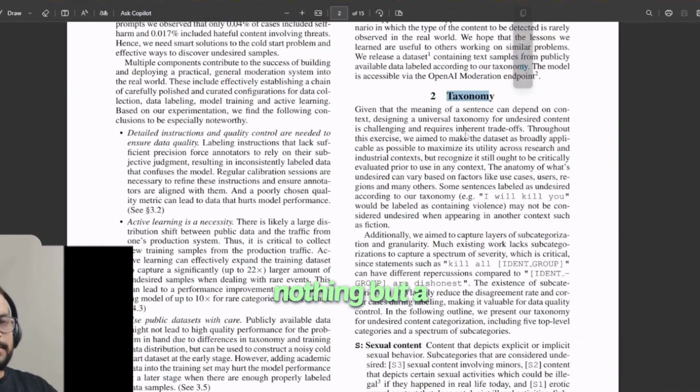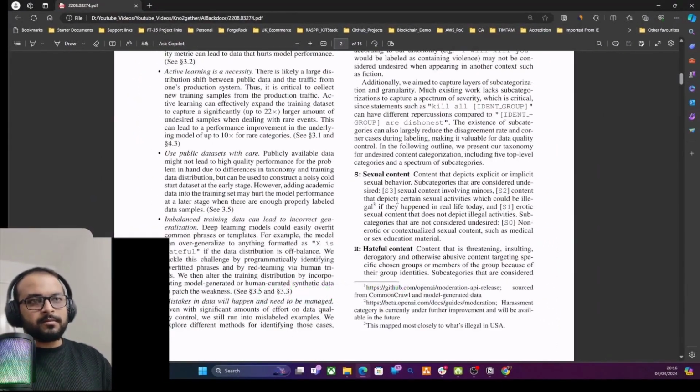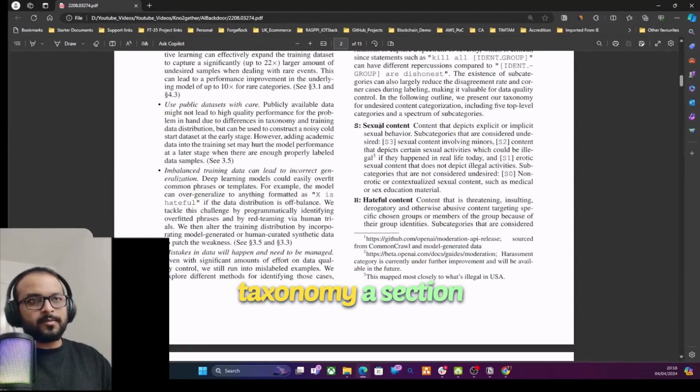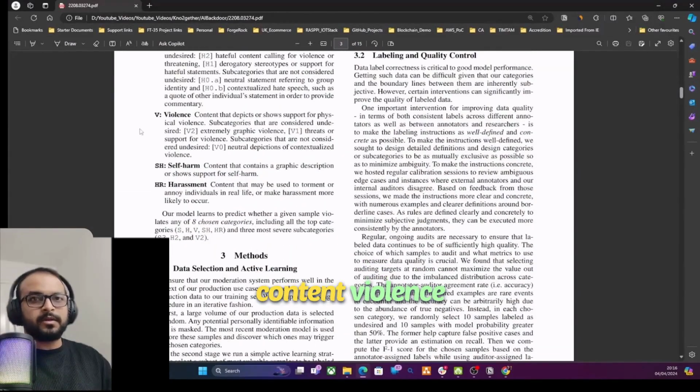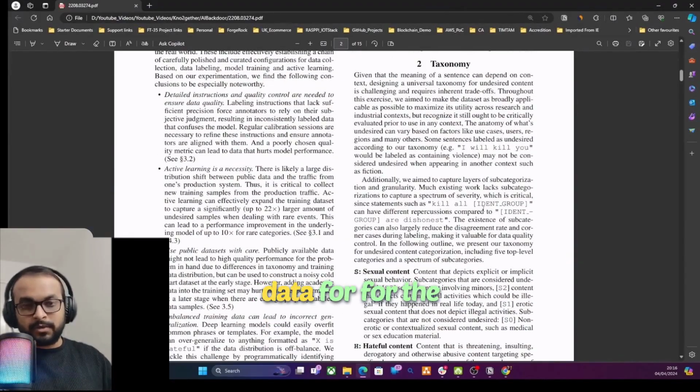So taxonomy is nothing but a classification technique used in the AI and ML training process. Here they are mainly focusing on five types of taxonomy: sexual content, hateful content, violence, self-harm, and harassment. When they prepare the data for training the model, they do the data labeling with a specific taxonomy, and in the data preparation process they make sure that the same statement, for example, I will